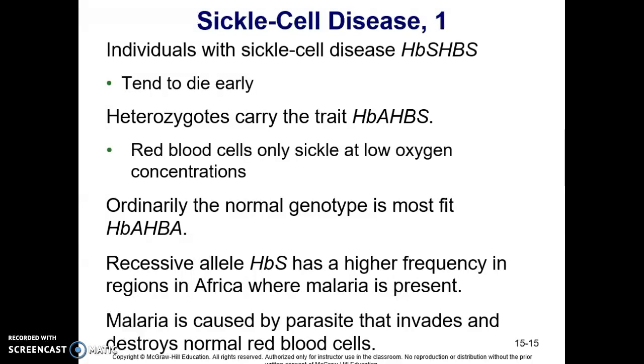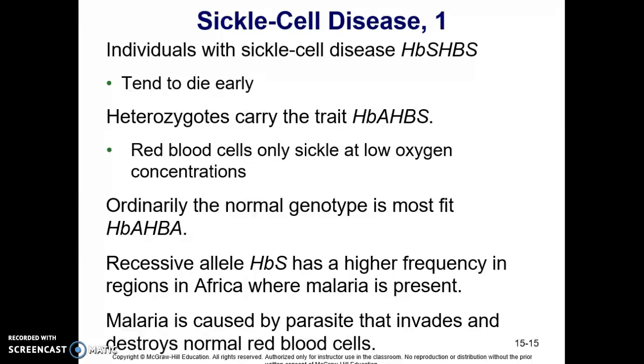So we see that you would think that the trait for sickle cell, since you die early, right? That gene, the recessive allele, would just eventually work its way out because of lack of reproduction, or lack of people getting to the age of reproduction, or people choosing not to reproduce because they knew they would be passing on this disease. However,